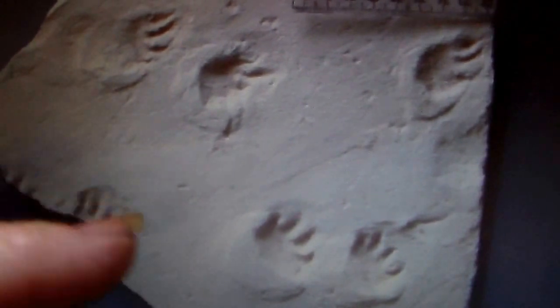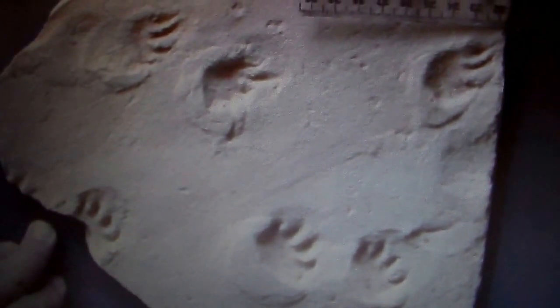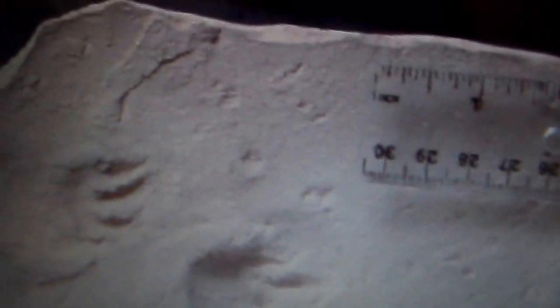And also they show that some kind of current was pushing on them, because many of the tracks have the up push. This up push here is to the side. And also you can see some very tiny tracks in there. This does not happen in desert sand dunes like evolutionists claim. It even